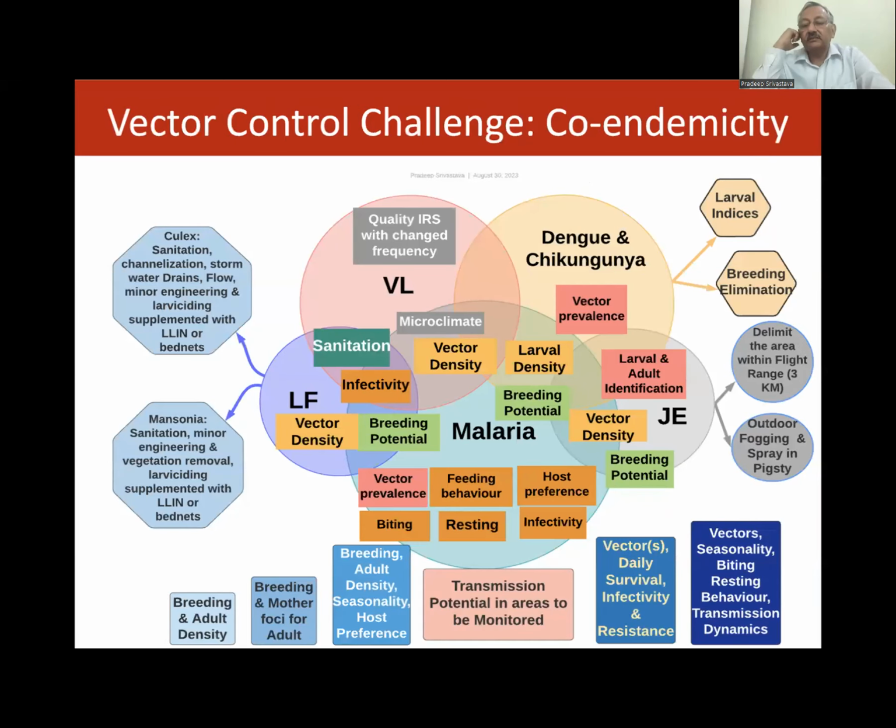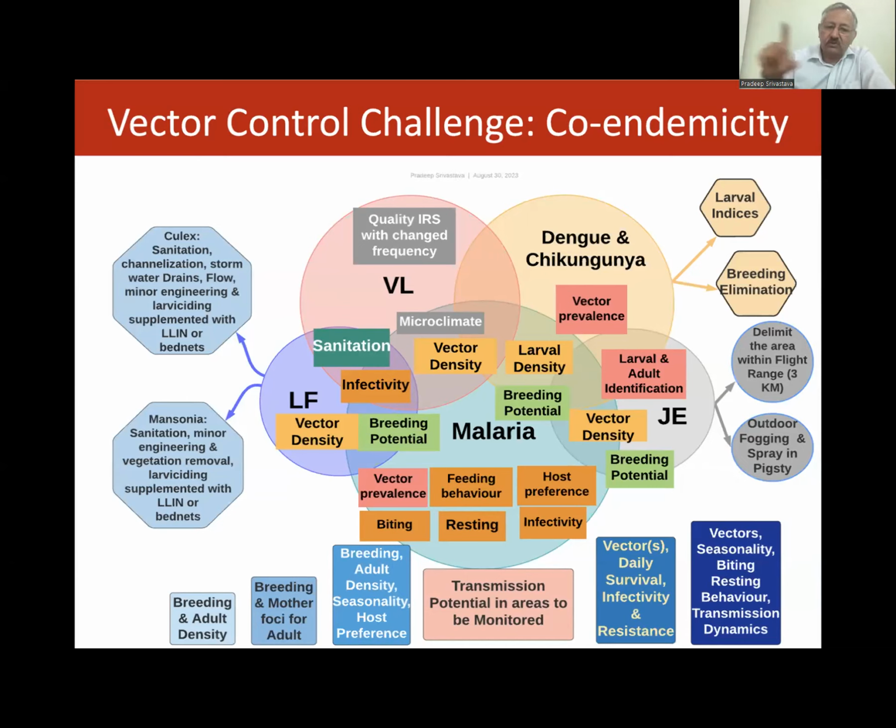If you look at this, what are you doing? We are doing entomological monitoring on vector prevalence, larval survey, larval to adult identification. Then we finally come to whether it is albopictus or aegypti. So we are monitoring larval indices, and we are trying to eliminate the breeding potential, basically for all Aedes breeding. Because there is no vector control as such that will work, and there is no drug also for that. Now some people are doing trials with residual spray operations, targeted. They call it targeted indoor residual spray operations,